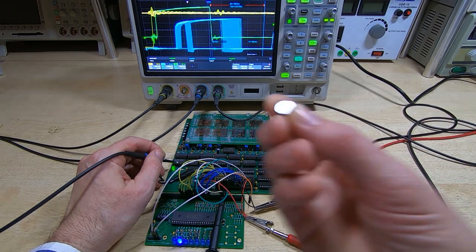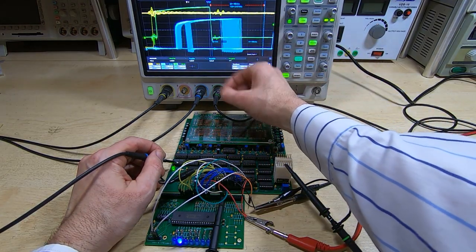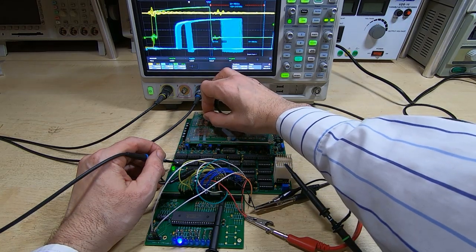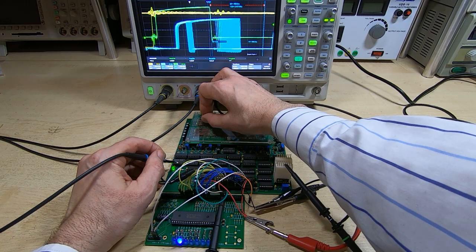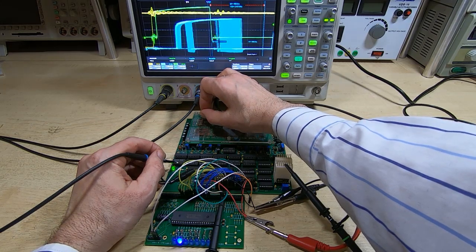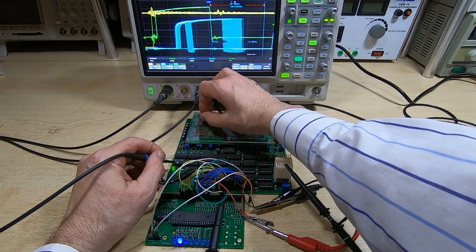So I've got our magnet again, and if we watch the trace as I bring this closer to the system, as I start lowering it, you'll see that the window is starting to move and close up. It's getting very close now. If I take it away and wait for the persistence to die away, you see it's back to where it was. But if I go even closer, you'll see at some point